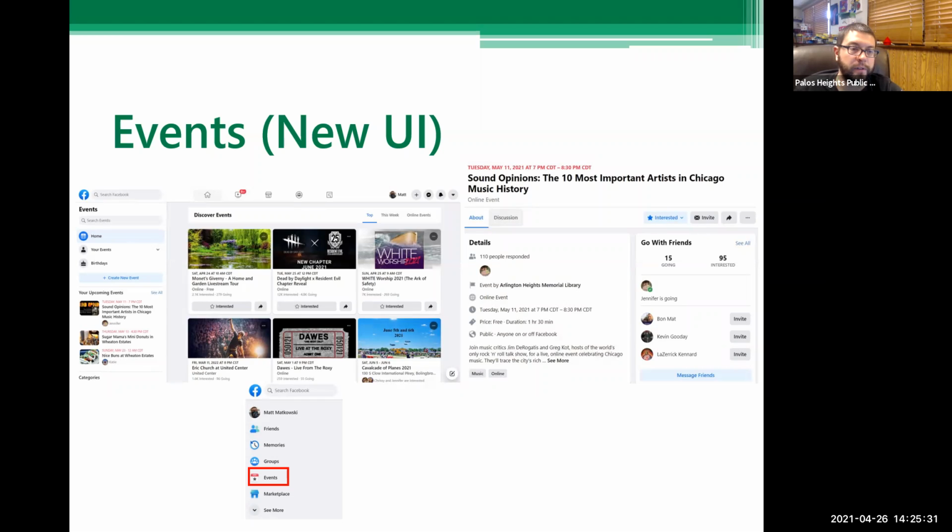If you have responded to any events, they'll be right under that in your upcoming events. I have some library programs there. In my neighborhood, there are some food trucks coming. So those are in there to remind me of those. The main part of the screen there on the right side just shows events that are around you, I guess.